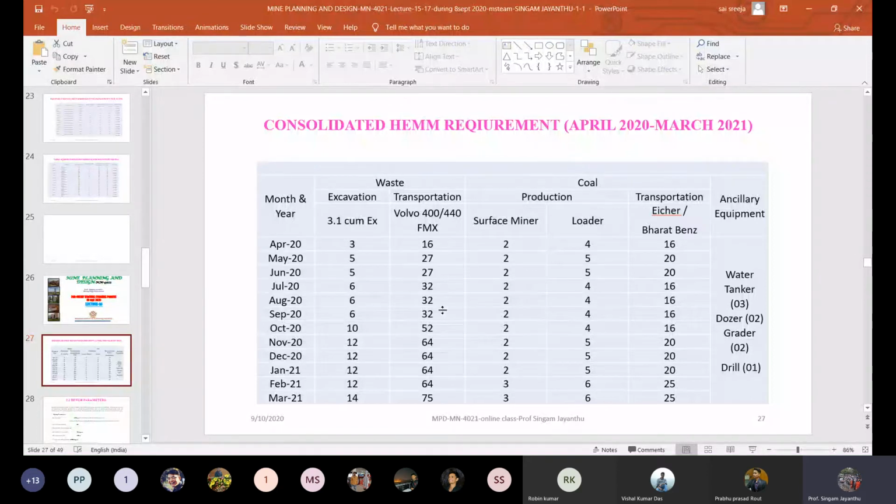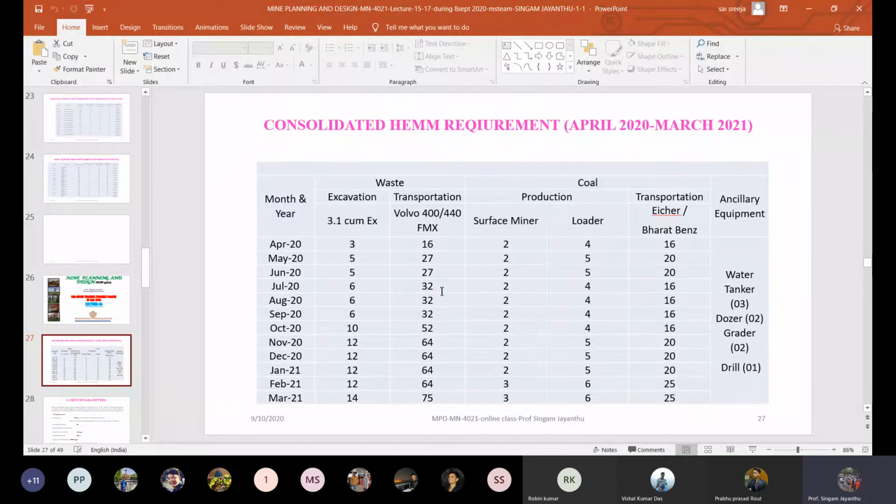Now for these calculations, I can give so many assignments if you wish. Even each and every point can be an assignment for you, where you can calculate assuming so many types of conditions in the mines. But I don't want you to become a machine or a calculator, I want you to be a problem solver. That's why yesterday I was re-emphasizing with my very old faculty colleagues that we don't want our next generation students to become a machine or a calculator, or a memory builder, but a problem solver. So now you try to understand the logic. Later, if required, you can calculate, but you should know about this.